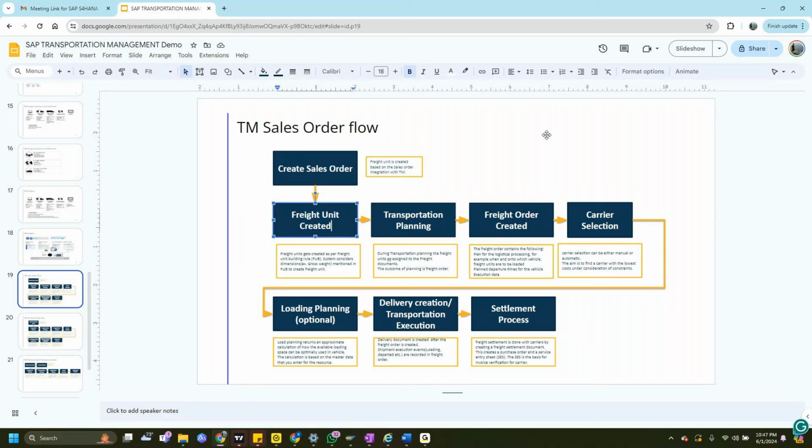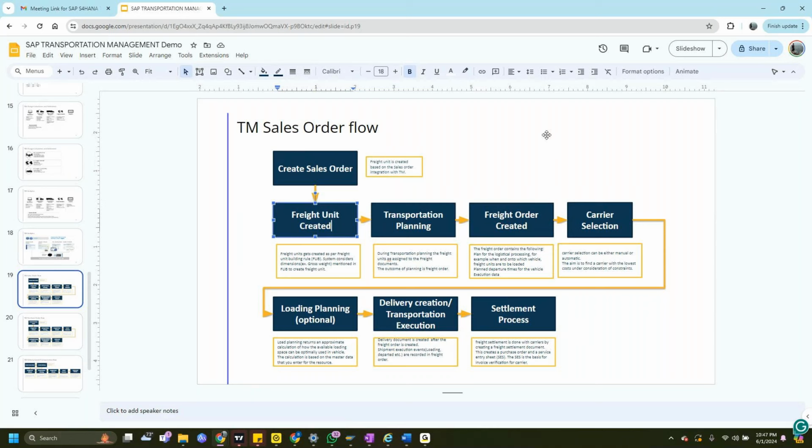So it depends on the business requirement. Let's say the customer is requesting, let's take a simple example, not 20 ton. Let's take 2 ton. The 2 tons of paper is requested by customer, and he requested that 1 ton has to come on 10th of June.